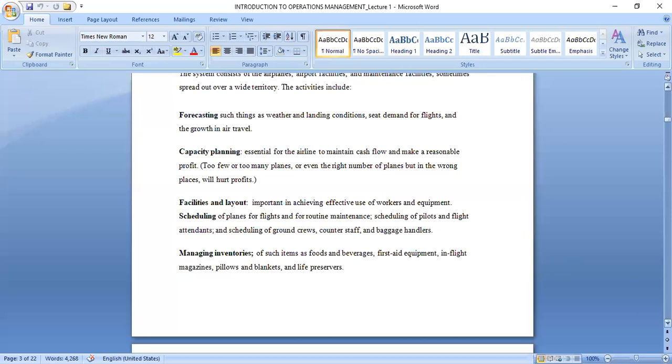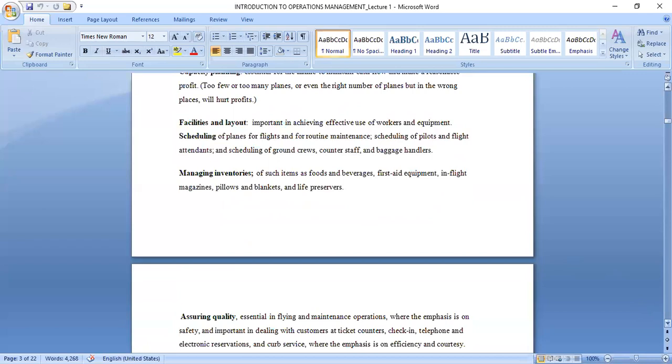And then we have another function of production and operations management, which is managing inventories. Now, the inventory here, we look at raw materials, we look at the final product. Are we together? For example, if we are taking an example of the air travel industry, airplanes that are providing flight services, then if we are talking about managing inventories, here, for example, these air travel companies will be providing